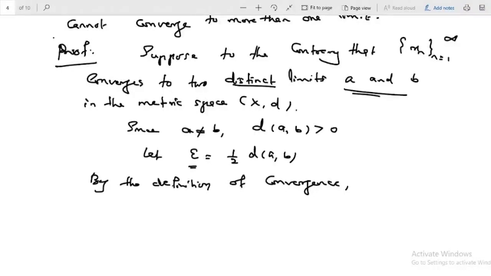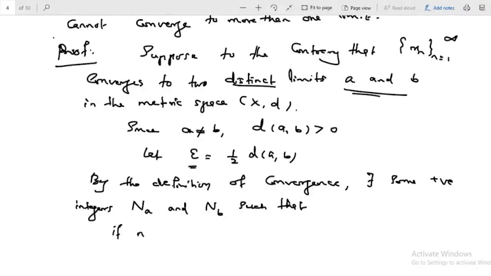By the definition of convergence, there exist some positive integers, a corresponding ആയിട്ട് നമുക്ക് N suffix a കൊടുക്കാം, തിരിച്ചറിയാം, N_a and N_b such that